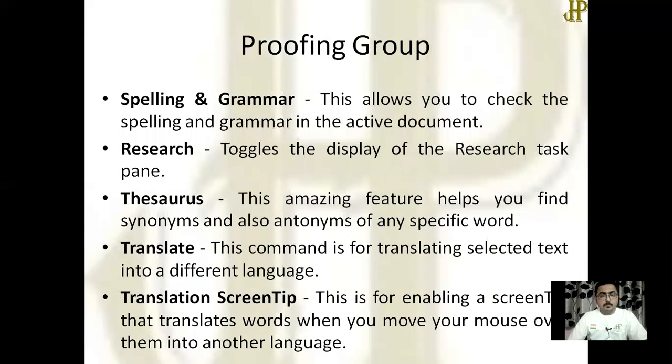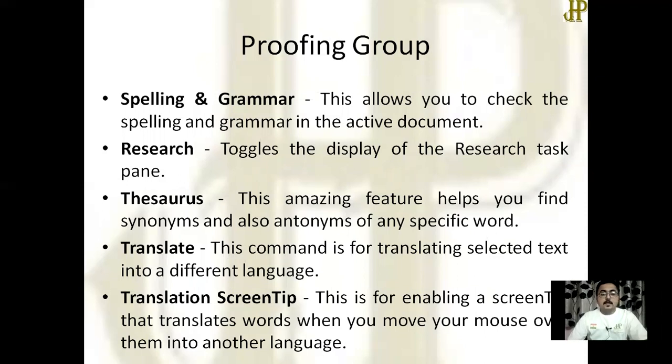In the proofing group, there are various things. First one is spelling and grammar, which allows us to check the spelling and grammar in the active document. Research and thesaurus are used to find the synonym and meaning as well as pronunciation of a particular word.